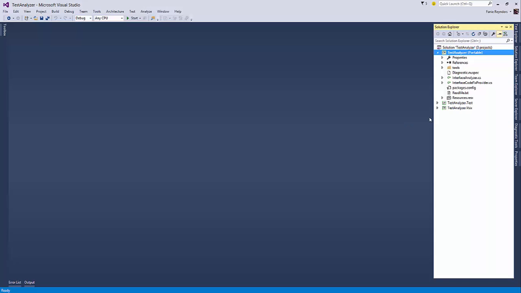So this analyzer will check whether interfaces are prefixed with I, and if they aren't, it will give you an actual warning. Having said that, an analyzer also comes with a code fix provider that will allow you to fix your code accordingly, so that the warning can go away.